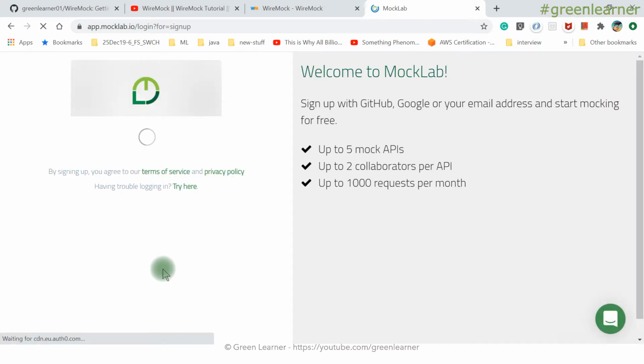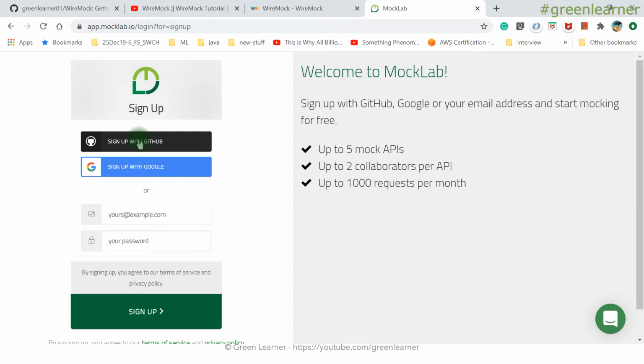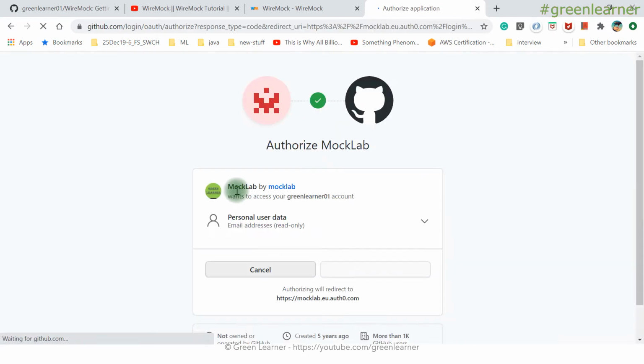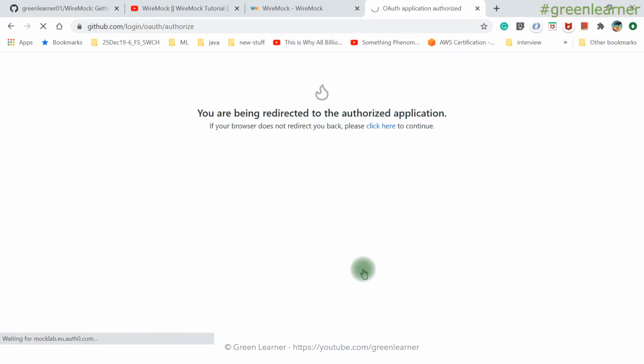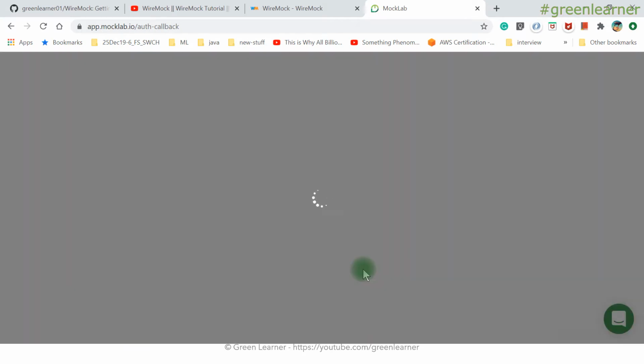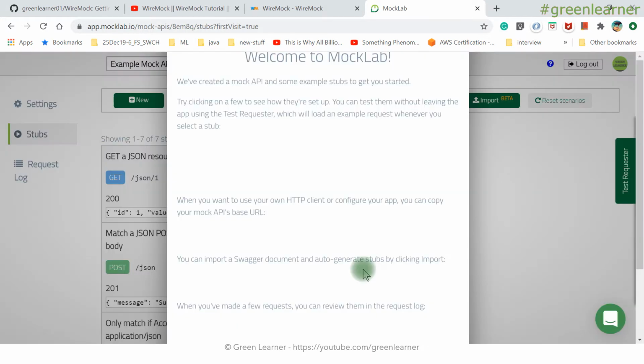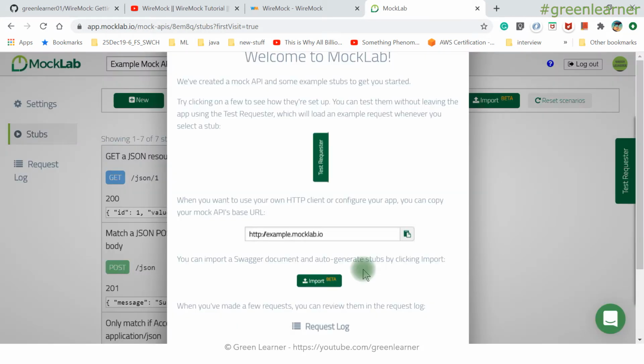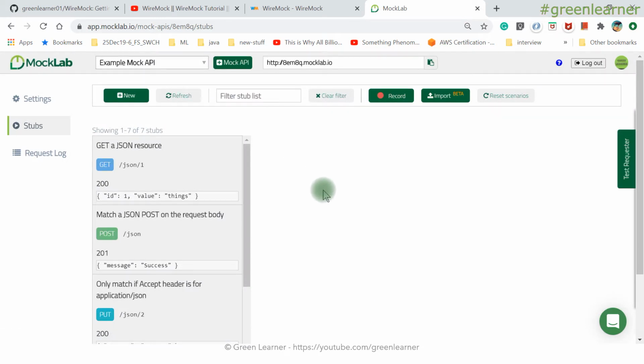So I'm just clicking here. These are the options that you have to sign up. I'm going ahead with the sign up with GitHub. These are things that you can easily do. I'm just making an account here. All right, so now it has given me the account. Account is created. This is the welcome page that they have given. Just skip it. Right, so here is the home page that they have given.